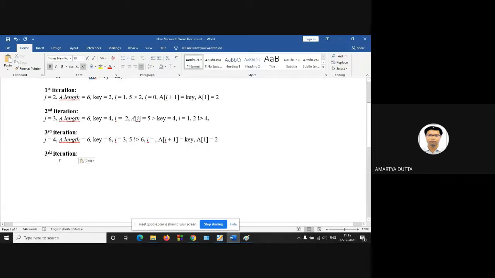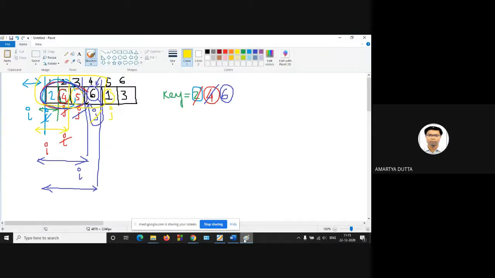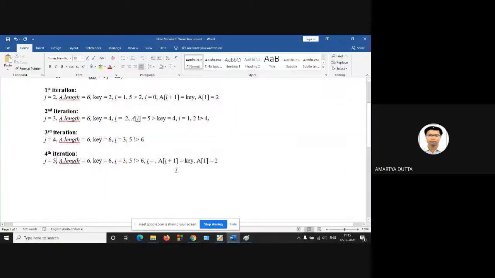This is your fourth iteration. At the fourth iteration, J is 5.